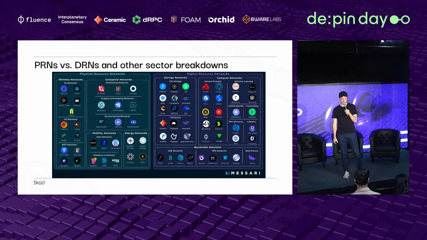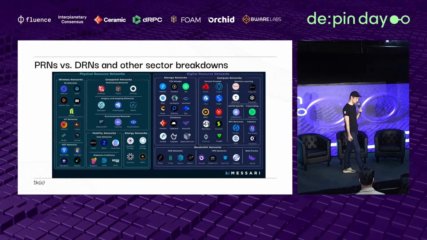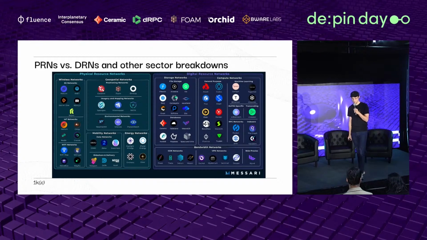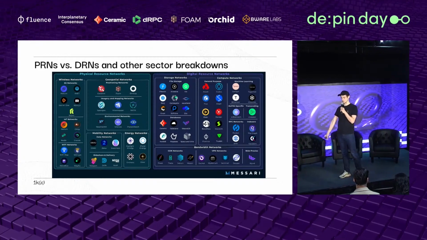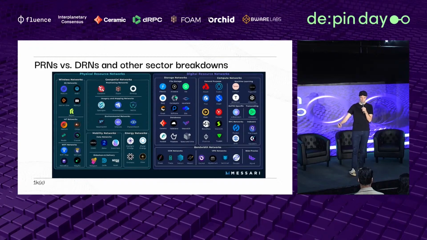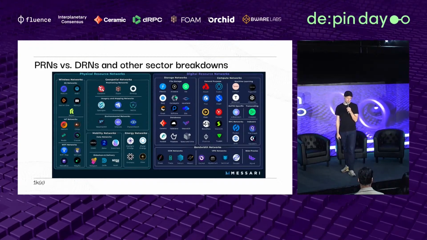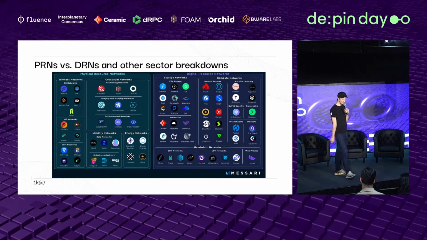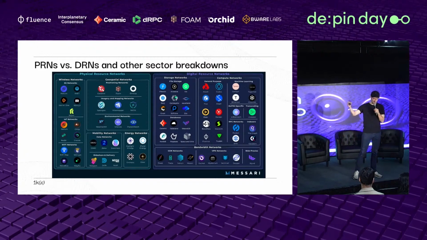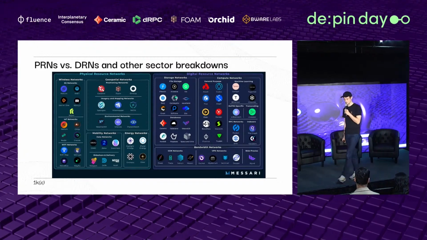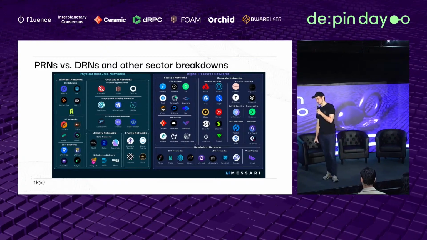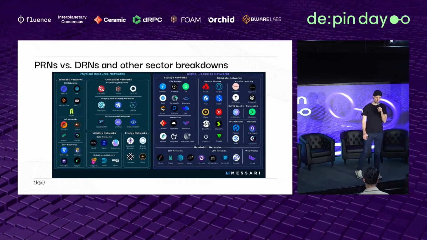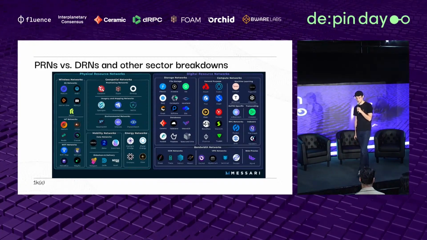There's one way to do it. You can break it down by sectors, and here you have the two big pillars: the physical resource networks and the digital resource networks. The physical resource networks are the ones that depend on location, where you need to set up an antenna or a hotspot somewhere. This goes all the way to solar panels, so it's really physical, as the name suggests. On the other hand, the digital resource networks are less dependent on location, because you just need a server, compute, storage. Bandwidth is a use case. Then obviously in that realm, everything that's now coming in with machine learning and AI use cases.